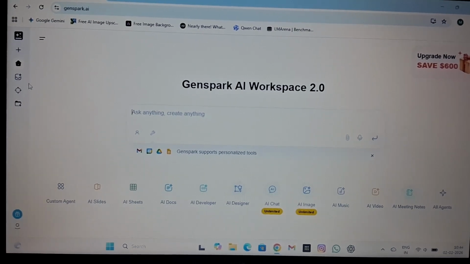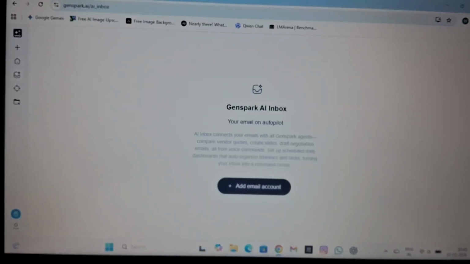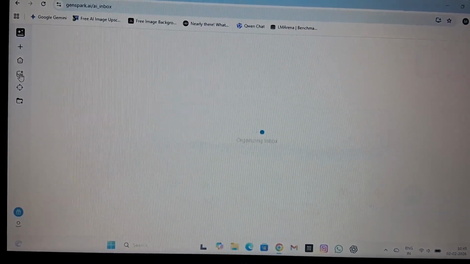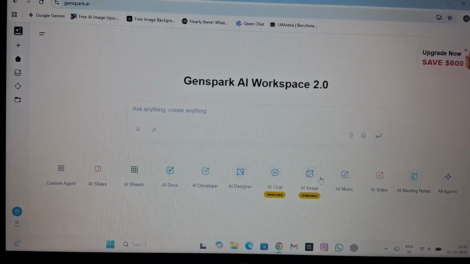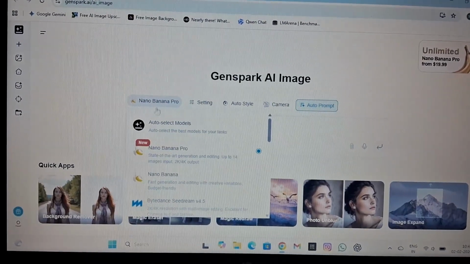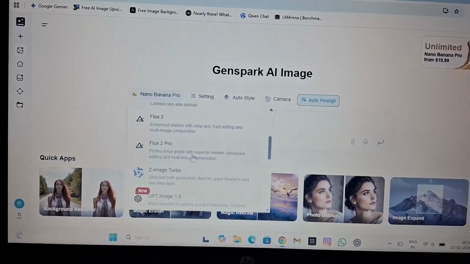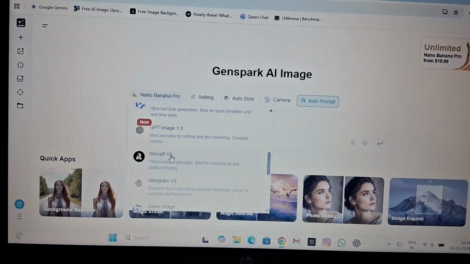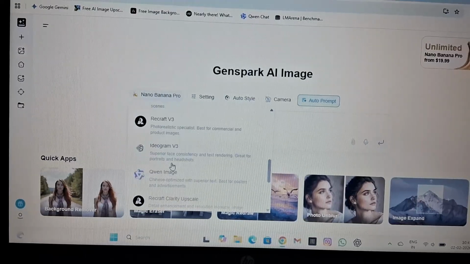Let's say I want to generate an image, so I go there, and you will see which AI tools I am able to use. Let me show you. It is taking some time. Under AI image, as you can see, here you will see Nano Banana Pro, Nano Banana, Dream, Flux, Z Image Turbo, ChatGPT image. Right now, there is Google Nano Banana Pro for image generation, and where is ChatGPT?